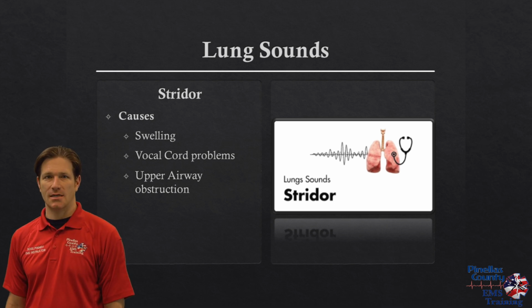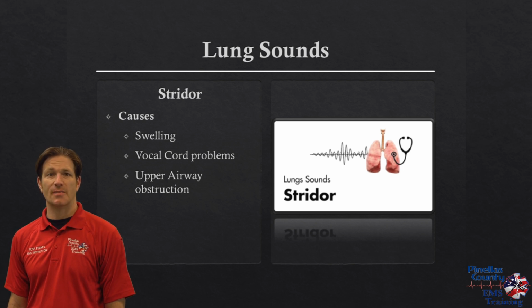Now when we say lung sounds, we're talking about a sound that can be heard by listening to all 5 lobes of the lungs. However, stridor is usually caused by an upper airway obstruction, something like swelling of the vocal cords, possibly even anaphylaxis. So when we hear something like this, we need to make sure that we have a higher index of suspicion that the patient will have a significant issue and must be treated appropriately to determine the